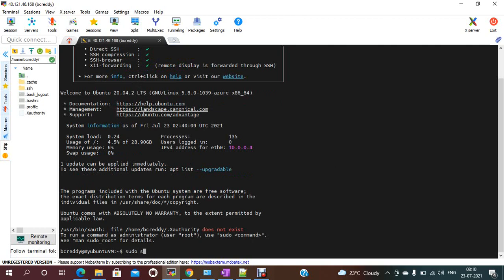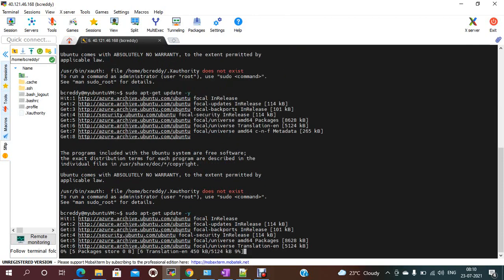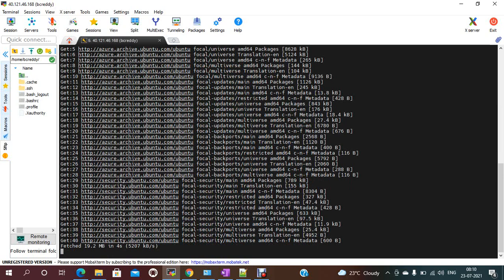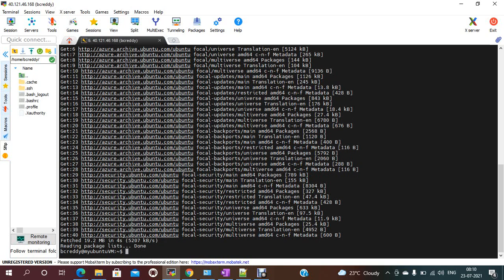Now just run sudo apt update -y, so it will update the packages. On Ubuntu the package manager is apt. If it is Red Hat, it should be yum.